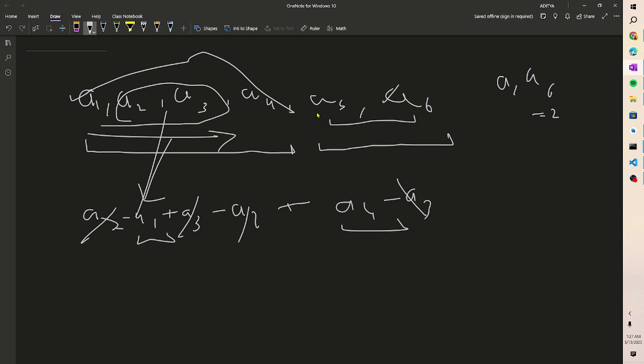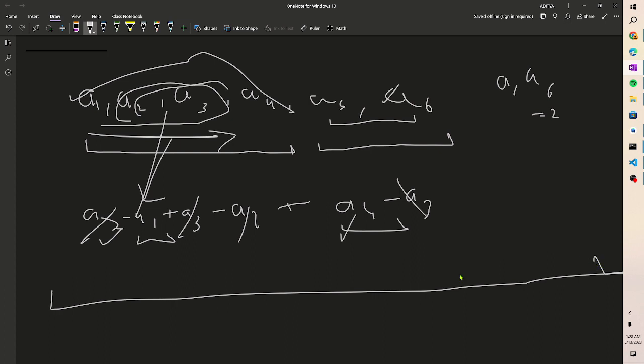Then at that moment a5 and a6 will make sense to me. I have to take the values, but between two values, between two just increasing arrays, I don't have to worry about the elements between, because the value I will get is the first and last. So it's not making sense. Now if I have a bigger array,